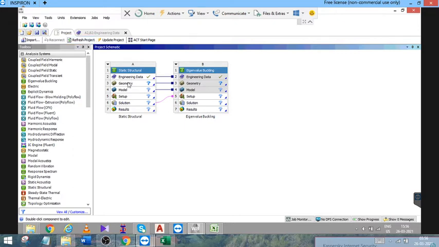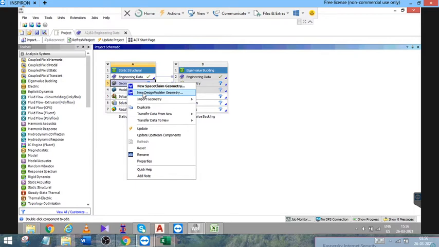The next step would be to go to the geometry, and here you need to right click and select new design modeler geometry.